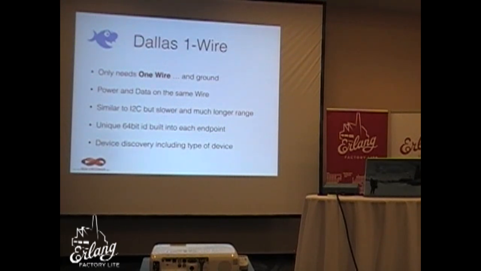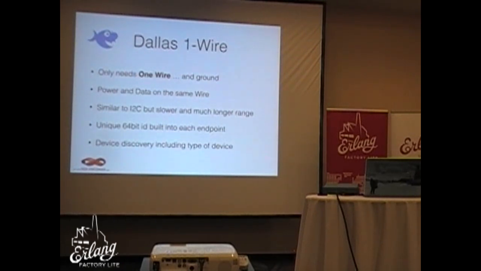And it's similar to I2C, but it's much longer distance and longer range, because it has built-in checksums and some other things for data integrity. You have a 64-bit ID for every component, and it's a worldwide unique ID. It's kind of like a UUID or a MAC address. So if you have a component and you know this 64-bit ID, you can address that component on this wire,